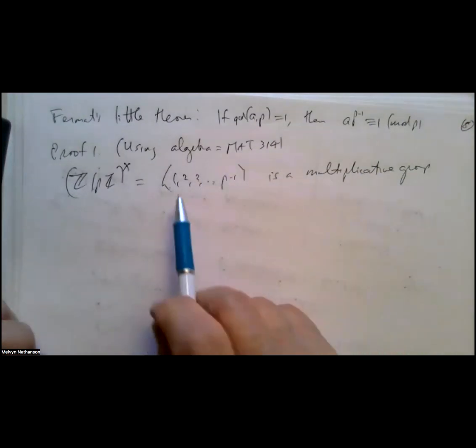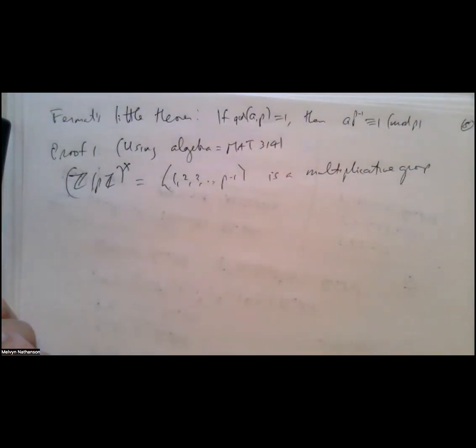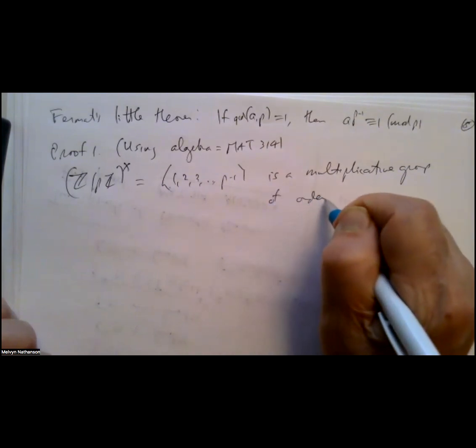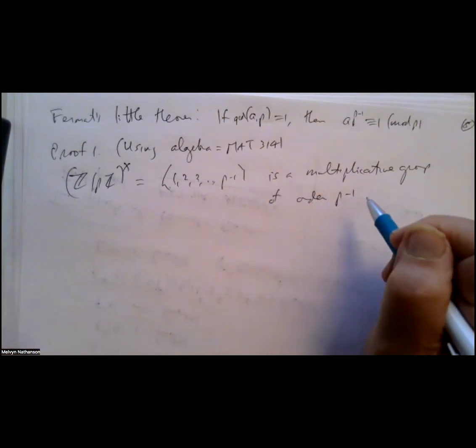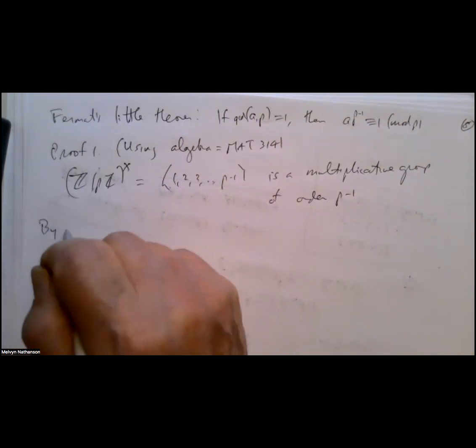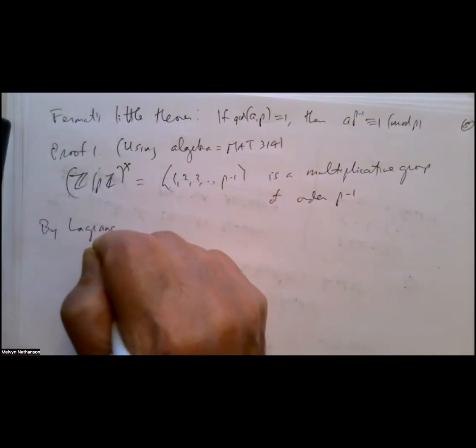Because you can multiply any 2 of these numbers and you get one of the numbers in the group. And every number has an inverse and so forth. It's a multiplicative group. And how many elements are in the group? P minus 1. So by Lagrange's theorem in algebra,